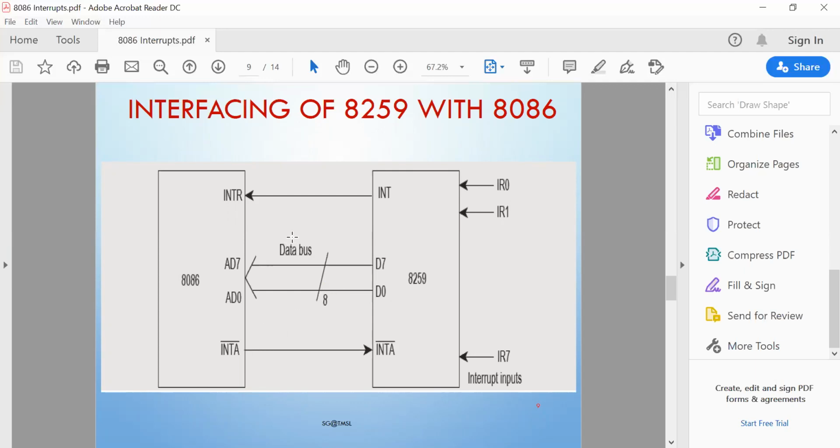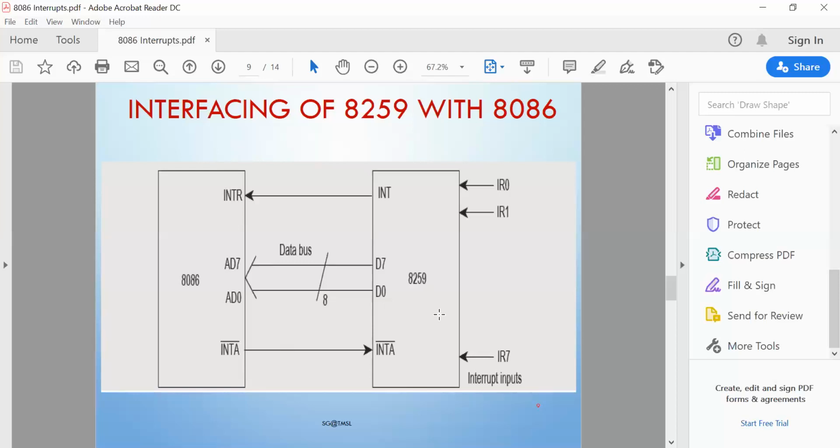For every INTR request, the microprocessor generates two INTA bar pulses. One is after receiving the request signal, saying it is ready to access the interrupt service routine. The second INTA bar pulse is given to that device to request it to give the interrupt type.